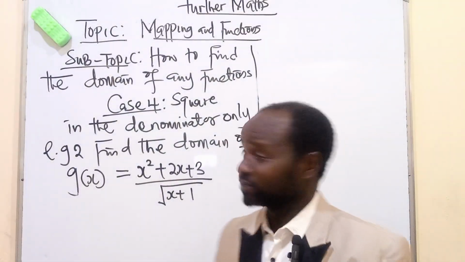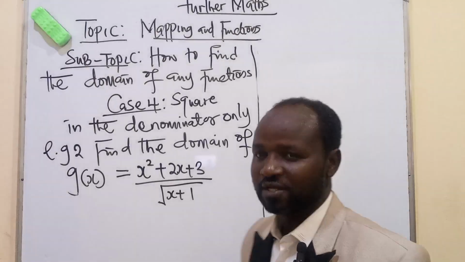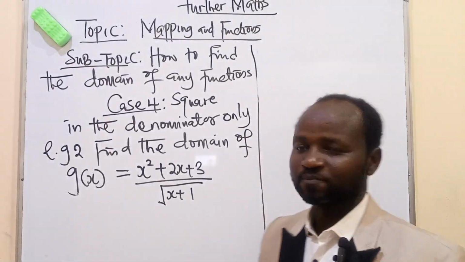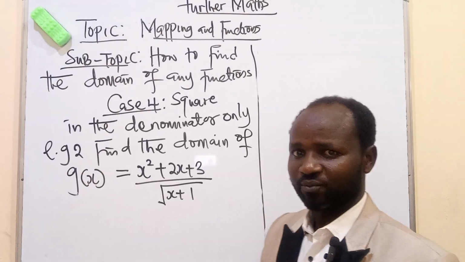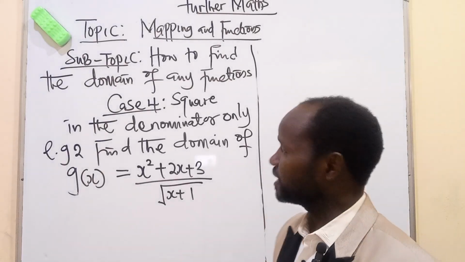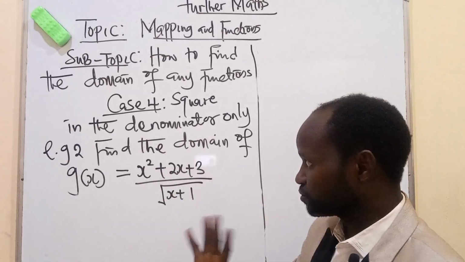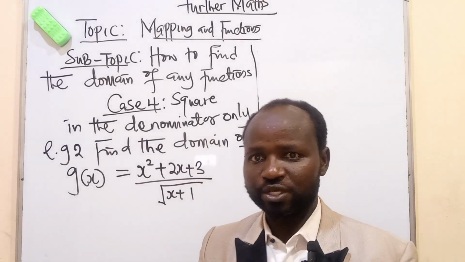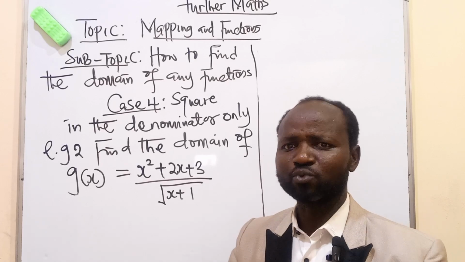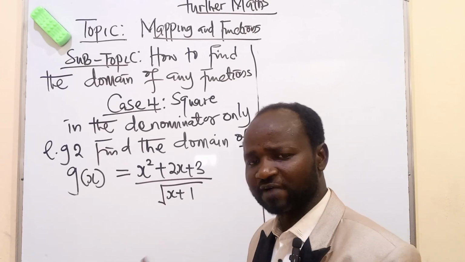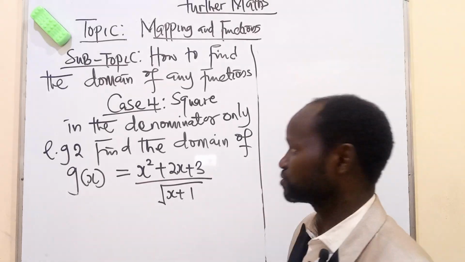We continue with our solutions to how to find the domain of any function. In today's presentation, we are looking at case 4. In my previous video, we have looked at case 1, case 2, and case 3. This is case 4, square root in the denominator only. When we have square root in the denominator of a function, how do we find the domain? How do we find the allowable possible values of x that will satisfy that given function, like what we have